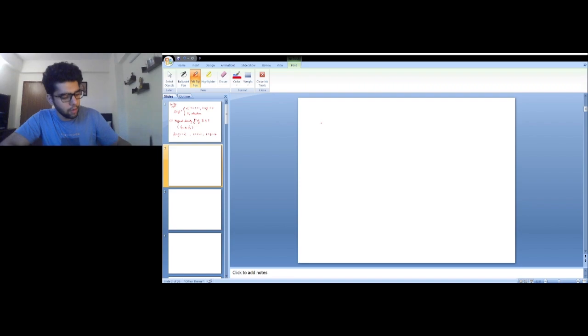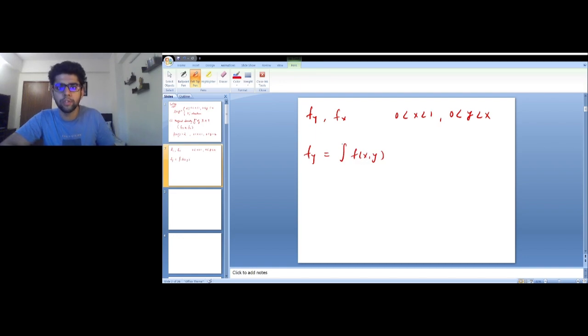Yes, so now we need to find the marginal density. We need to find f y and f x. So let's just find f y first, right? We are given that x lies between 0 and 1 and y lies between 0 and x. Now the formula says that for finding the marginal density of y, we need to put in the limits of x and we need to treat y as a constant, right? So if we have f x comma y, this joint probability density function, we need to integrate this function using the limits of x, and we need to treat y as a constant. Why? Because I'm writing dx here, right? So f x comma y dx, we are integrating this function over x, so we treat y as a constant,